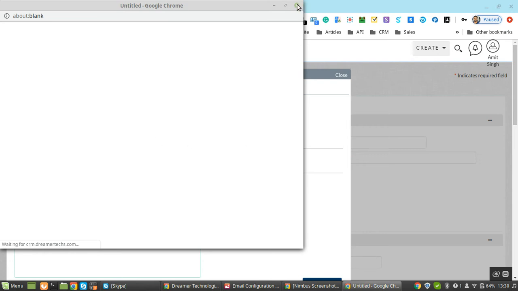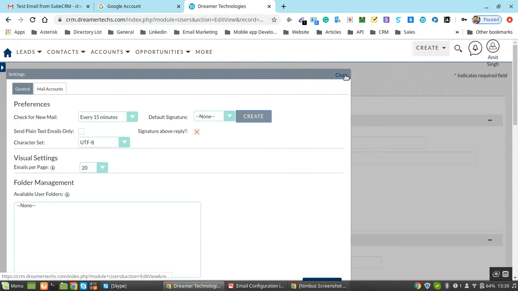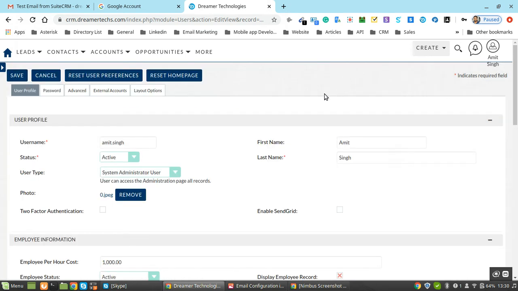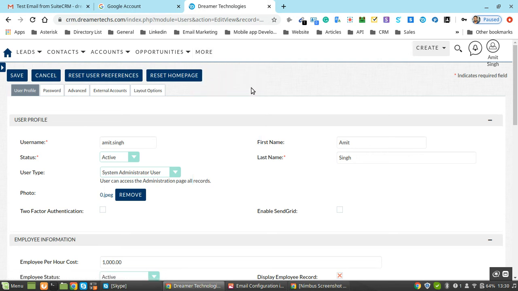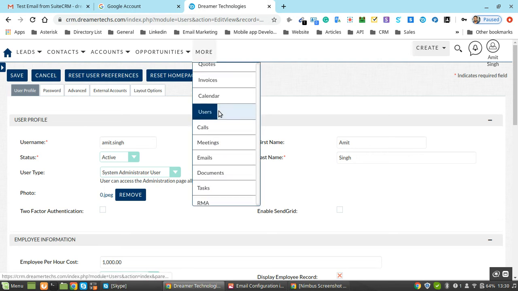So it's not a tough task, so let's do it later. I just close this. Now all the emails which we send or receive will automatically be available in CRM. It will take some time because it syncs with your Gmail and all your earlier emails.